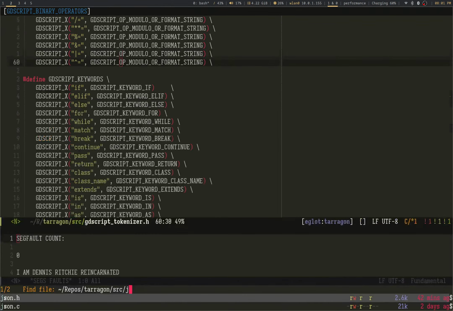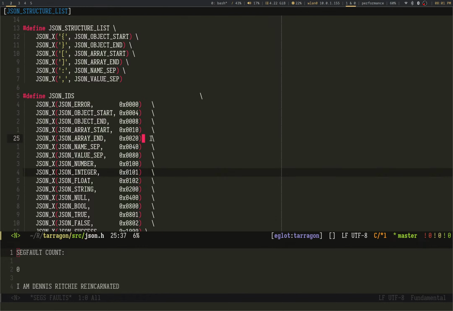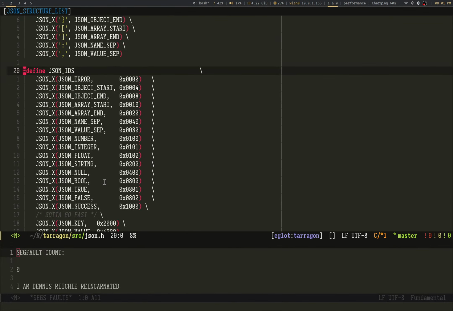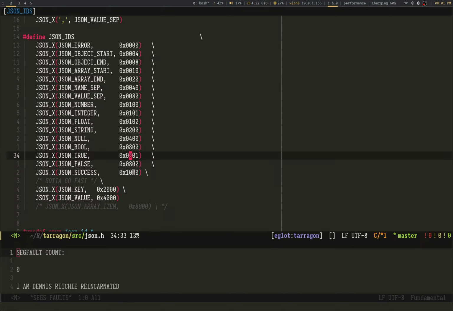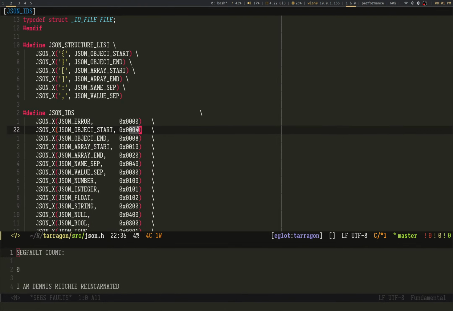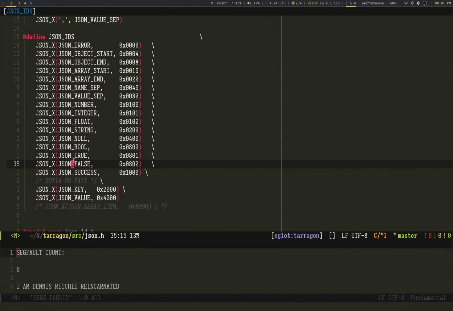But for a good example of how this macro works, I have basically the same thing for my JSON parser, except it's a little better because JSON has so few actual doodads. I could do fun bitwise operations. Look at this. This is what I think is actually clever. Look at that. That's nice. As you can see, we start at the second bit, or excuse me, the third bit. So the first 2 bits I can use for things like bool to denote it's both a bool and it's either true or false.